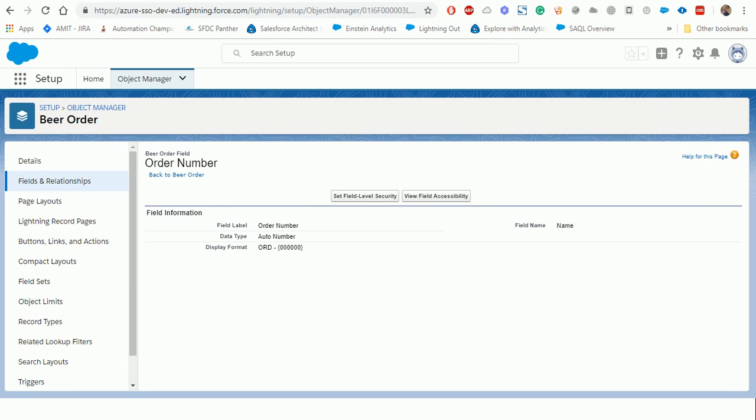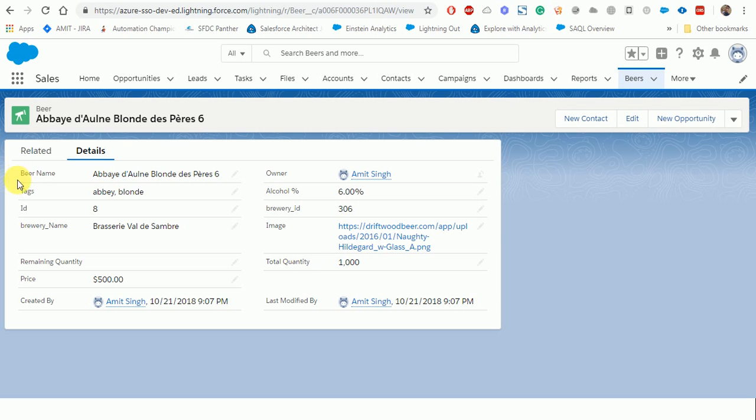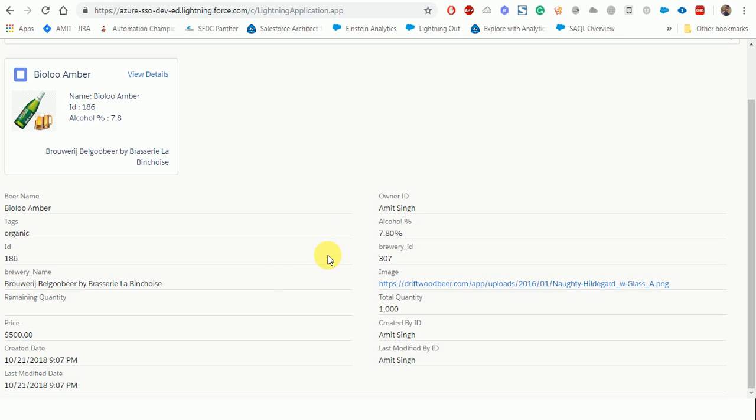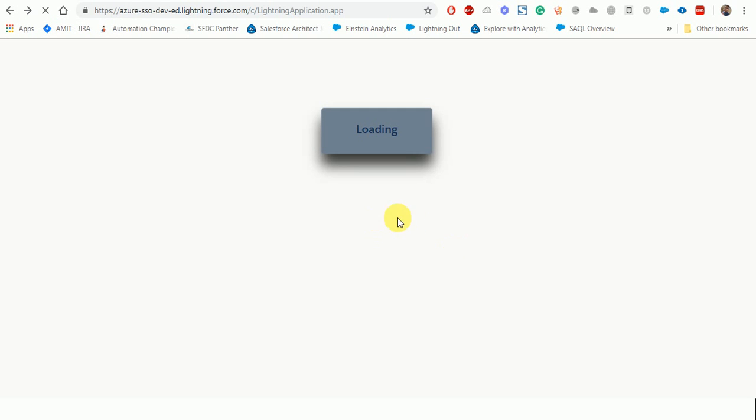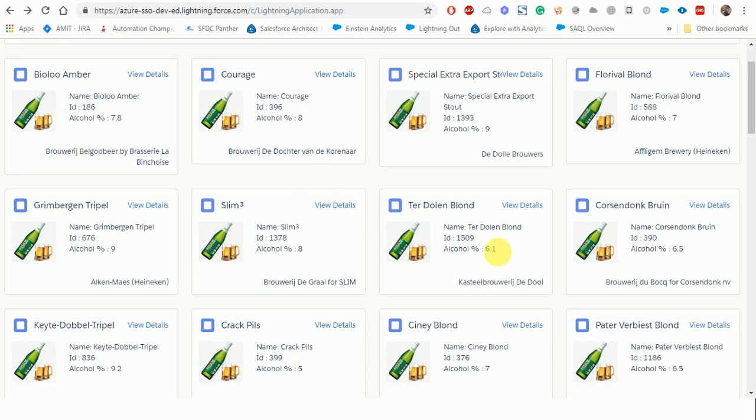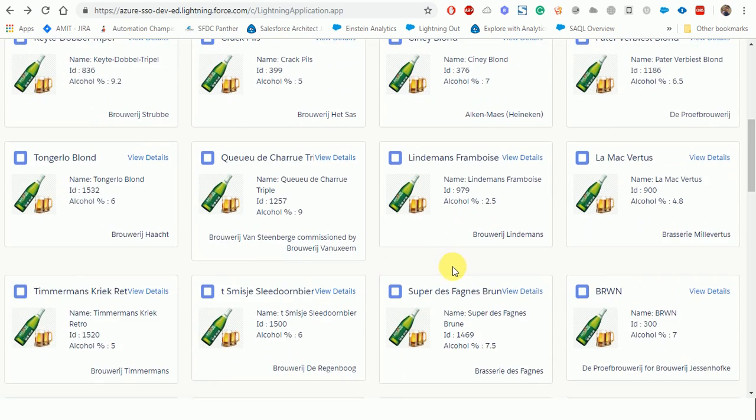Whatever layout we are seeing here, the same exact layout we'll get here, but in read only mode. You can also see the image. If you click on the image, it will open the image we put for that particular beer. Although this is a generic image, you don't need to worry about where the image comes from. The image link is already there in the CSV file.